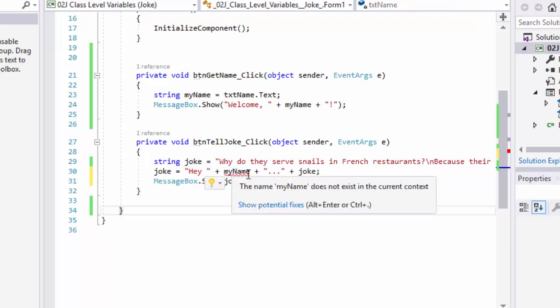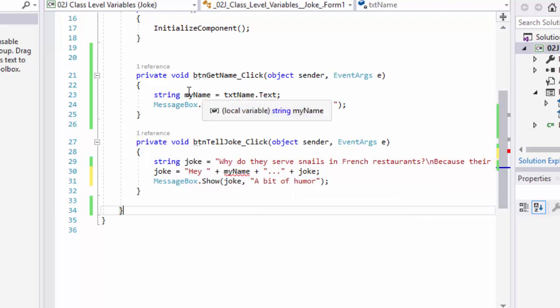And you'll notice myName has a red squiggly under it, meaning it doesn't understand what this value is. In fact, the error message that comes up in the IntelliSense is the name myName does not exist in the current context. And what that means is this variable that we created as myName, we created in